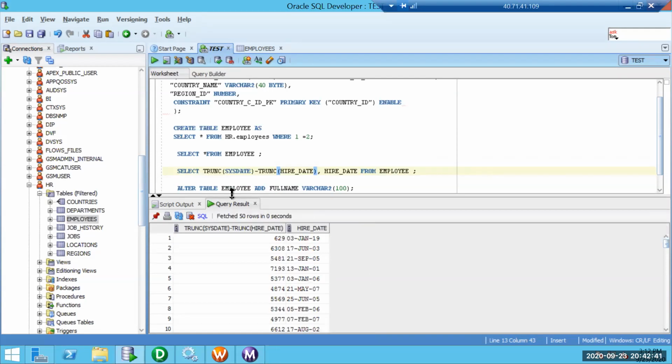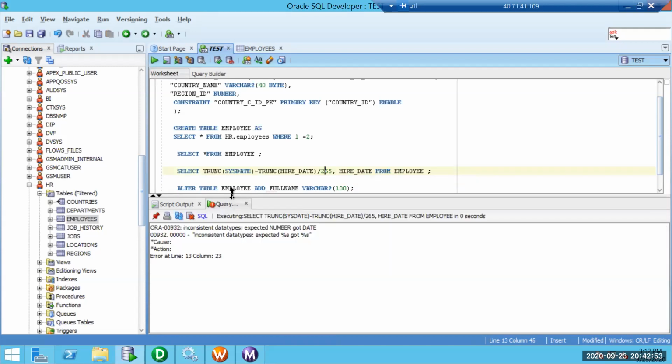So when I do trunc, it does not go to the detail level. So 629 days difference, and if we approximate to 365 days, so divide by 365.